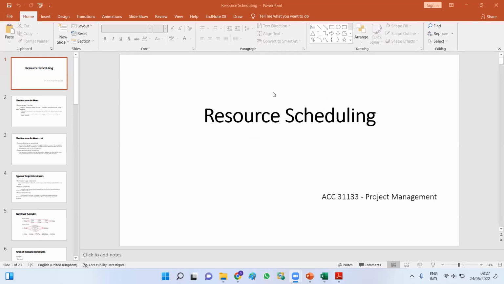Right. Okay. So the next lesson is actually based on resource scheduling. So we know how to draw the project network, and after drawing the project network, how to identify the critical path, how to calculate the early start, late finish, early finish, and how to calculate slack. After calculating all these things, how to identify the critical path. And in the last lesson we discussed there can be